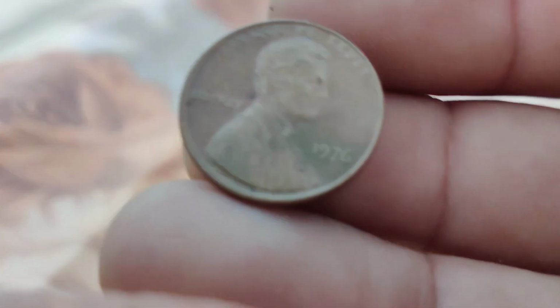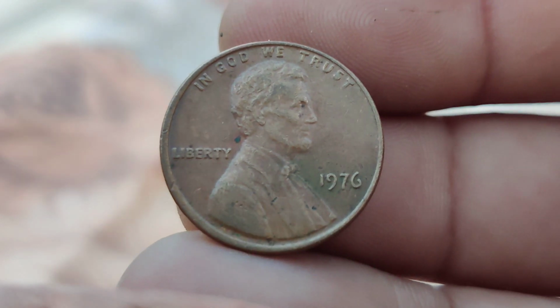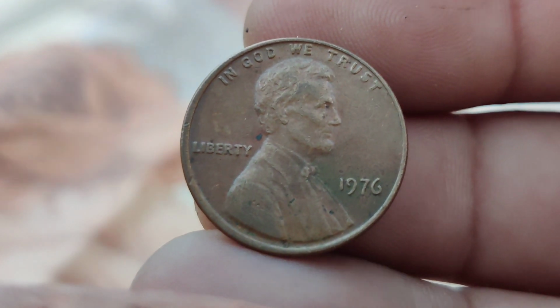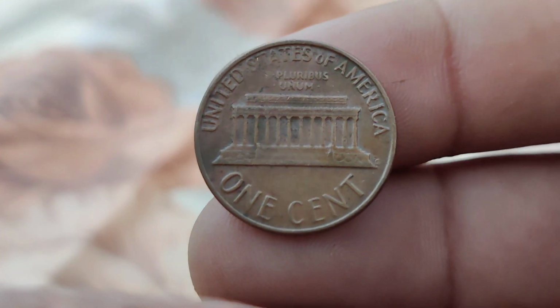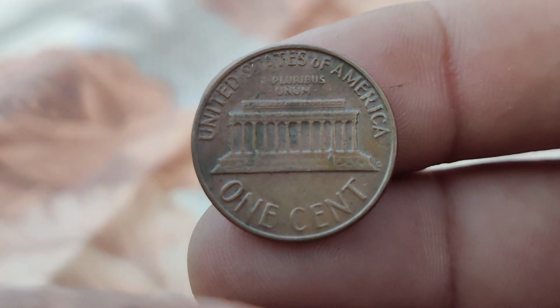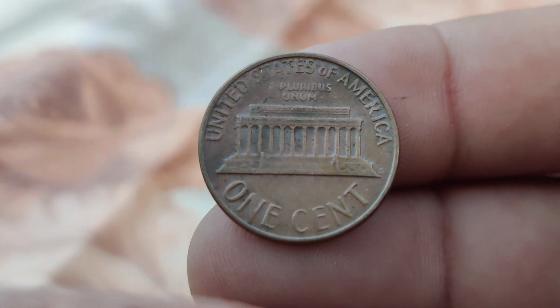Next up, we're going to take a closer look at a coin that you might have sitting in your collection or even in your pocket change. That's right, we're talking about the 1976 Lincoln 1 cent without a mint mark, and specifically in very fine condition. Is this penny worth more than you think? Let's find out. Before we dive into the specifics of this coin's value, let's take a brief trip back in